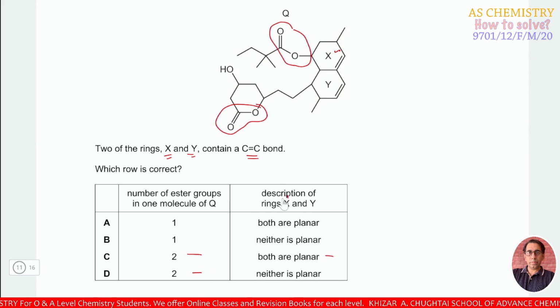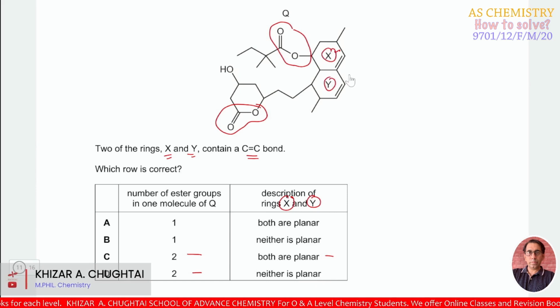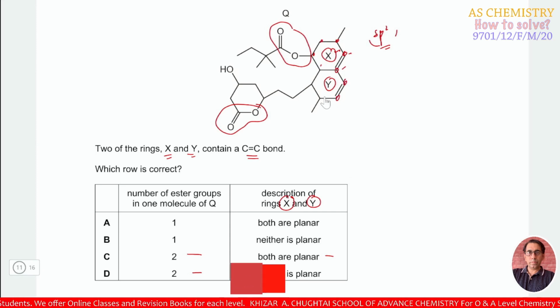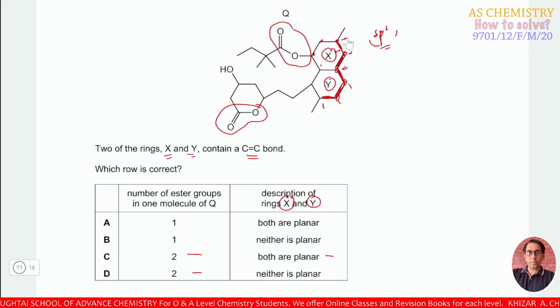Both are planar, X and Y, or neither is planar. Now let's see the description of rings X and Y. This is X and this is Y. If all the carbon atoms of the ring are sp2 hybridized, then it could be planar. These 2 carbon atoms are sp2 hybridized. This is 1, 2, 3, 4, and this carbon is also in conjugation with the sp2 hybrid orbital. So these 1, 2, 3, 4, 5, and 6